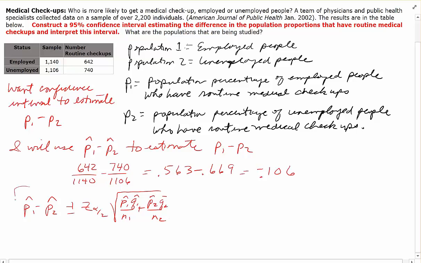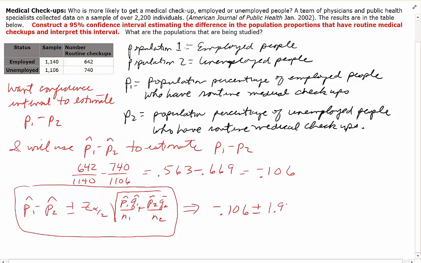And now I can put my information in here. So I would have negative 0.106 plus or minus. Now this is a 95% confidence interval and it's standard normal, so that would be 1.96 times the standard deviation, and plugging into the formula there, I have